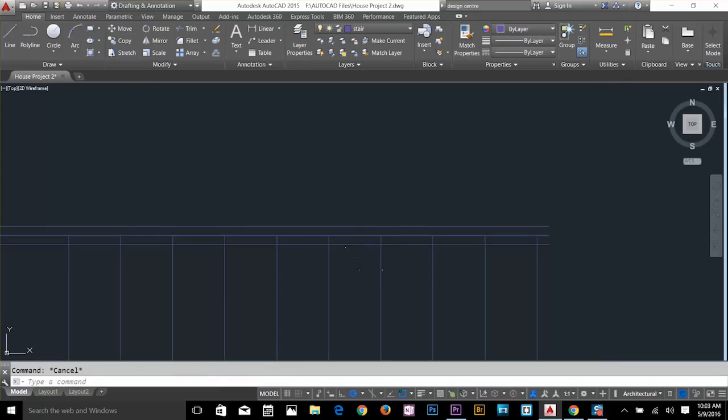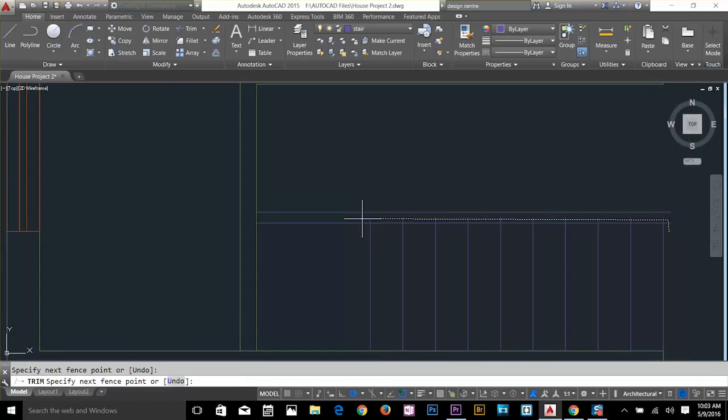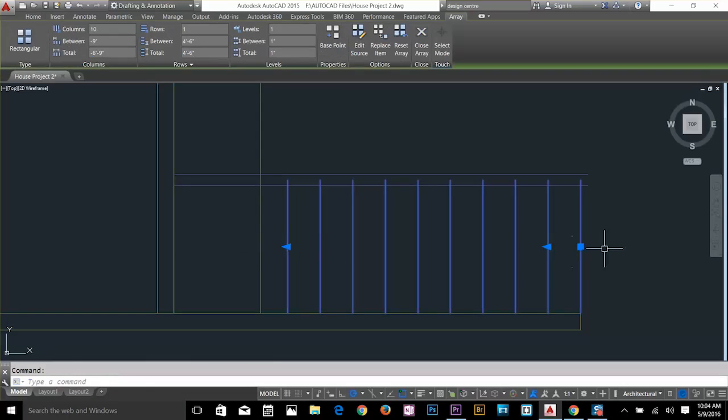And now I'm going to get rid of this line in the middle. I'm going to use trim command, use my fence selection from this line, and I'm going to get rid of these lines. I'm going to offset about 2 feet from this line to this side, and I'm going to move my